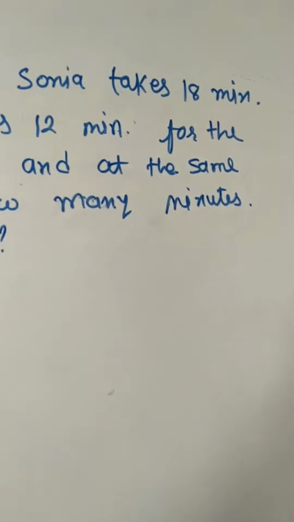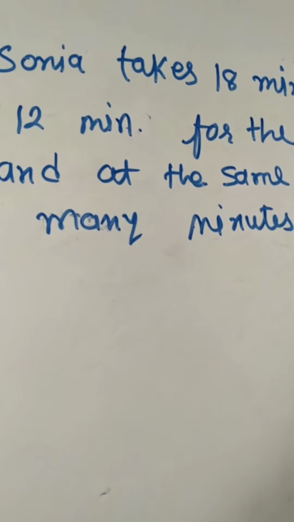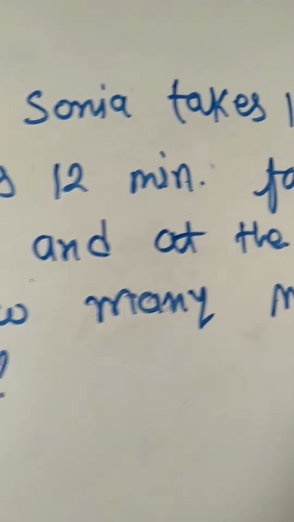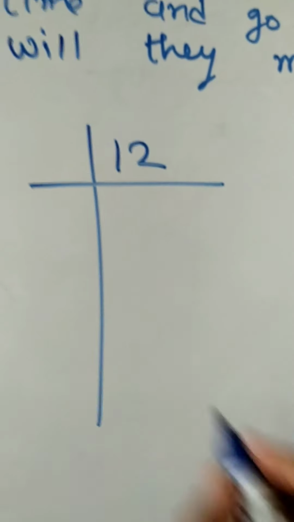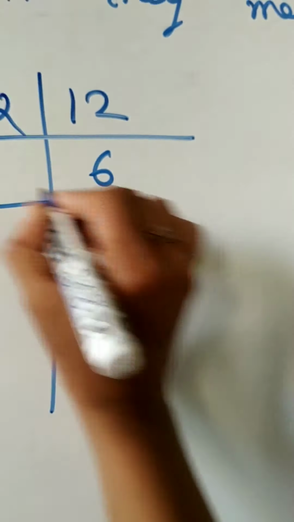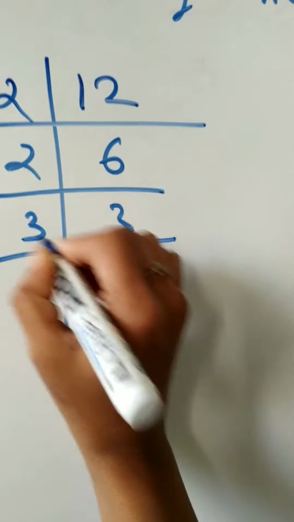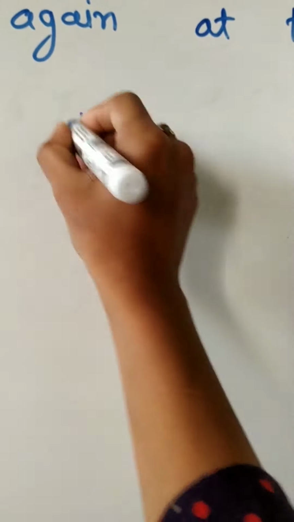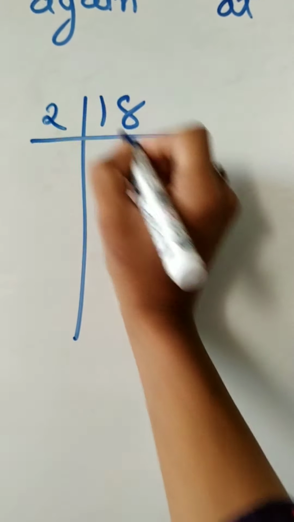So this one will be very simple. You just have to find the numbers, meaning for which numbers you have to find LCM. Here, while zooming, I will tell you that we have 18 and we have 12. Separately, we will first find the prime factorization of 12. So here I am beginning. I factorize 12. Now here we will factorize 18.